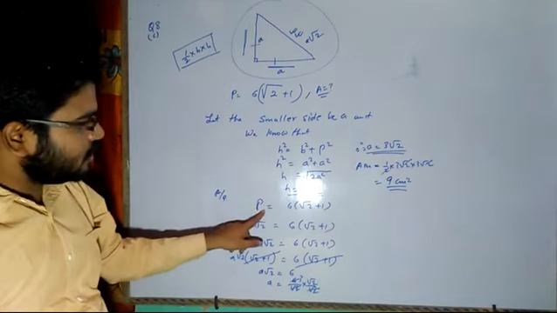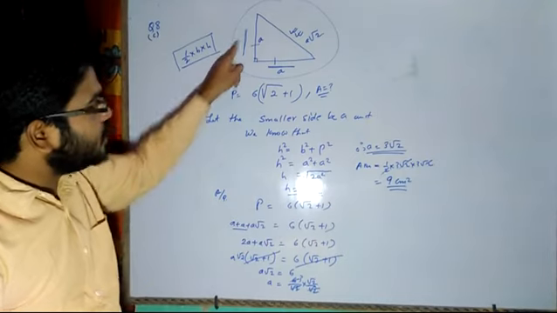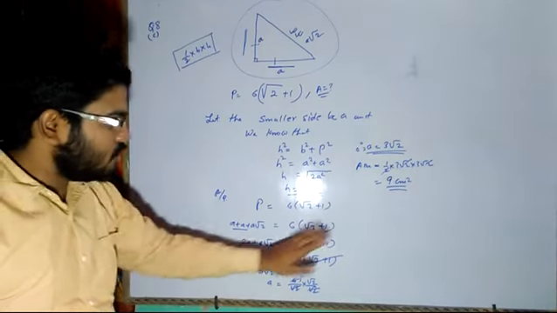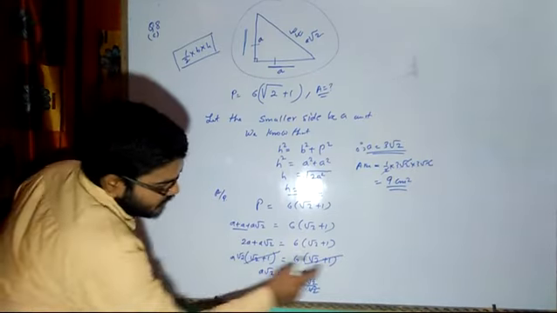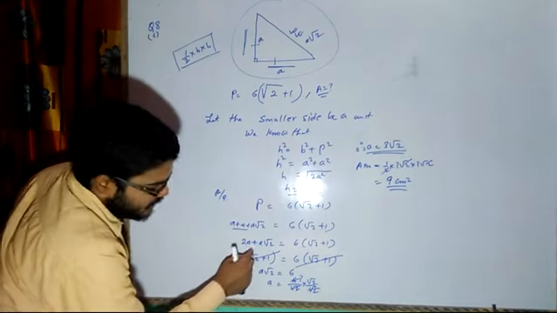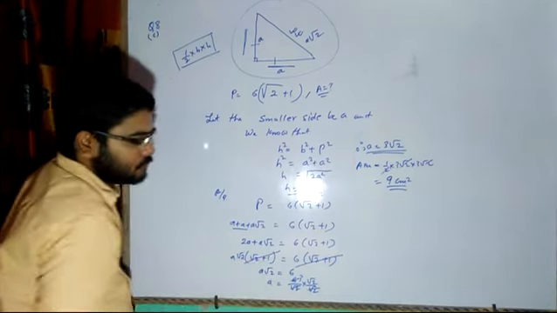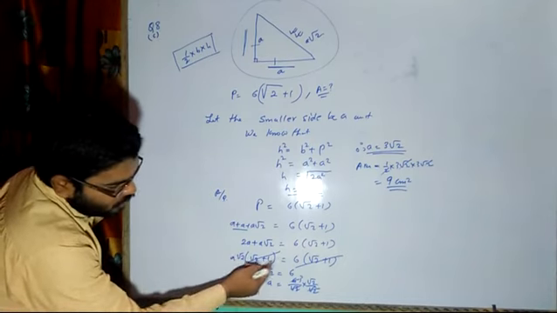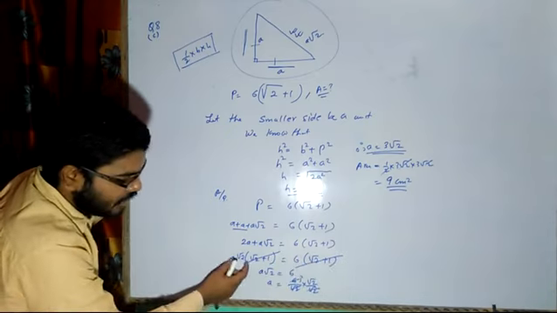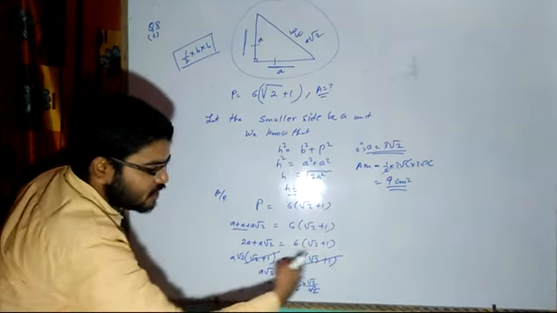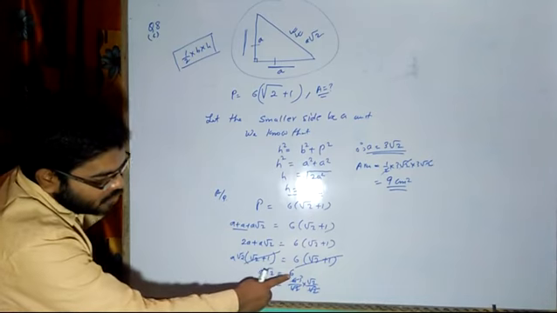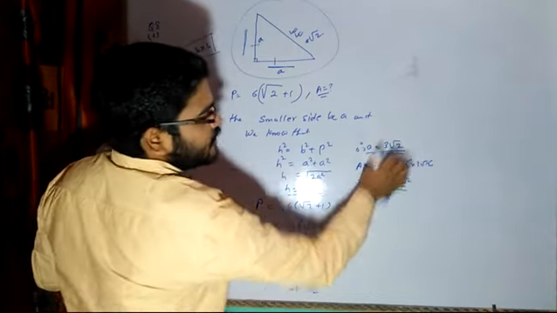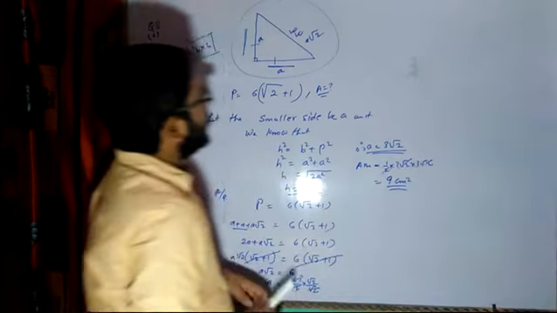Now again I have written that the perimeter is given already. So I have written it in terms of A plus A plus A root 2. Now here it will be 2A plus A root 2 is equal to this much value. Now to make these two terms equal, because I cannot transfer that side, it is of no use. Instead of that, I will take out A root 2 common, and then (root 2 plus 1) will be the same on both sides. They are in product form, so I can very well cancel them out from both sides. So A root 2 will be equal to 6, and A will be equal to 6 upon root 2. After cancellation, I will get A is equal to 3 root 2, and then the area will be equal to this.